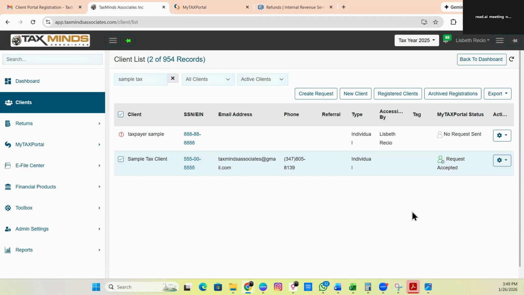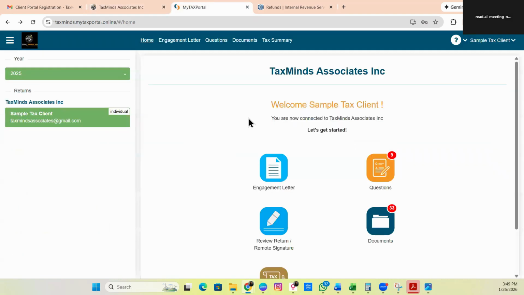So this is the client portal process. And this is where they can sign. Again, this is where they can upload their documents, sign forms, and communicate securely with all the information. This eliminates email and text risk. It keeps documents organized, it improves turnaround time, and provides audit-ready